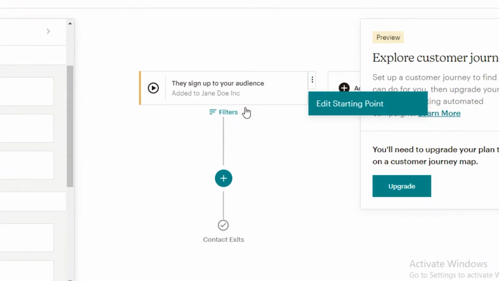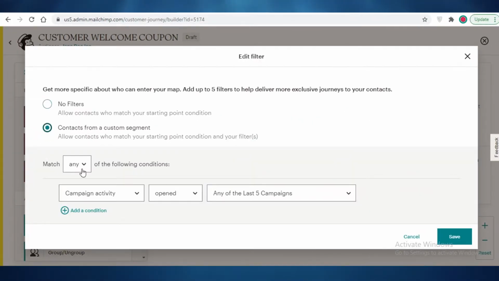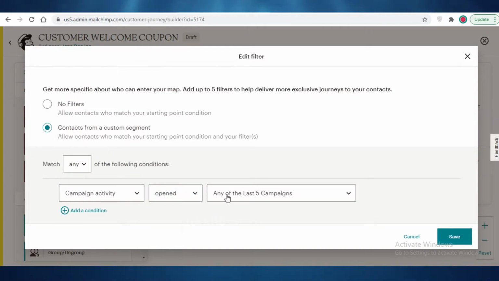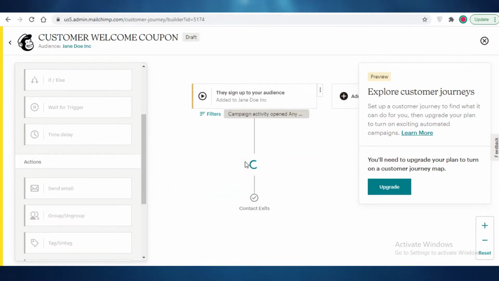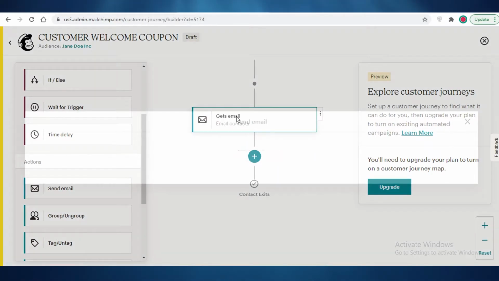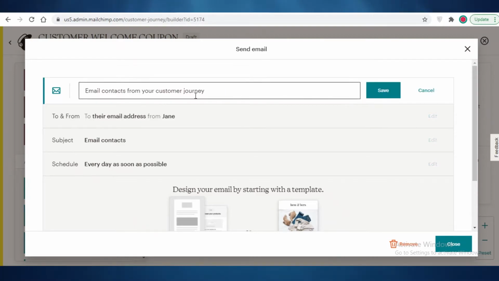We're going to sign up for our audience, and we're going to add a filter contact from a custom segment. And let's say we only want contacts from this specific campaign. We can do this. So any campaign sent within the past 7 days, we only want these people to get this welcome email. We're going to add those, and then we're going to add the send email section over here. So if the person signs up as our audience, they're going to get this email, and then you can click on send email, and then you can go on into renaming this section, and you can rename this into anything else,